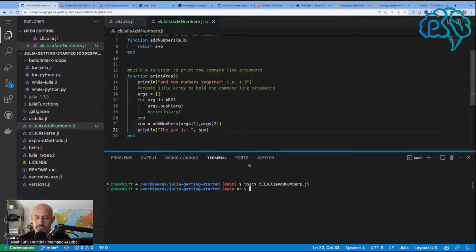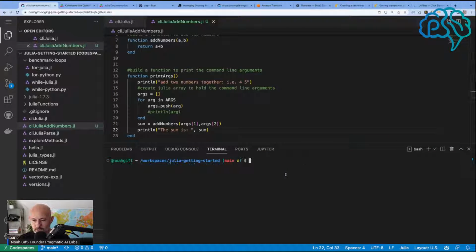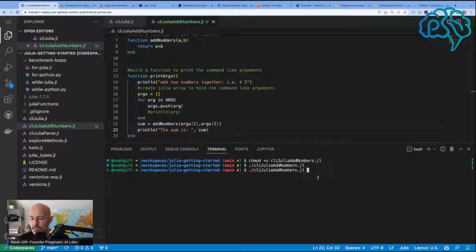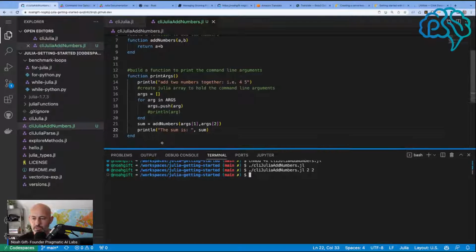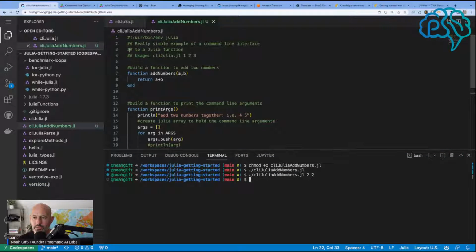So this is a situation where the Copilot is actually helping quite a bit. So if I chmod this, and I say Julia add numbers, and I do this, it didn't print though because I didn't give it anything. Now if I say 2 and 2, it should have accepted that. That's what's weird. So Julia add numbers,